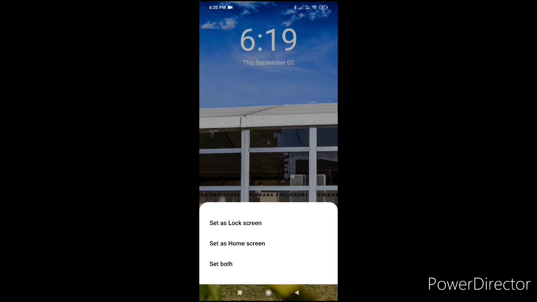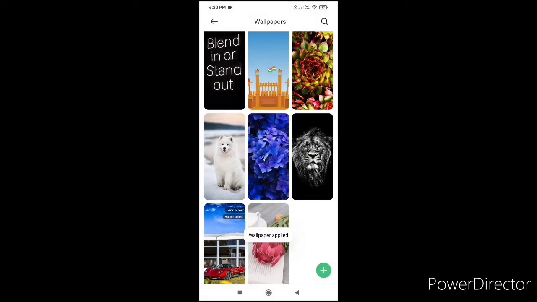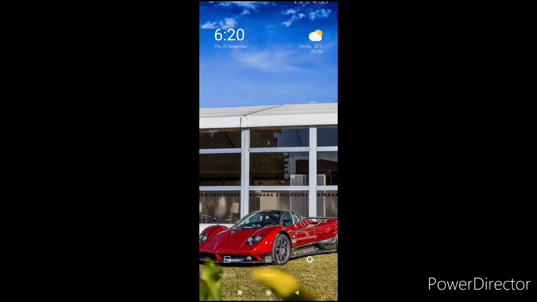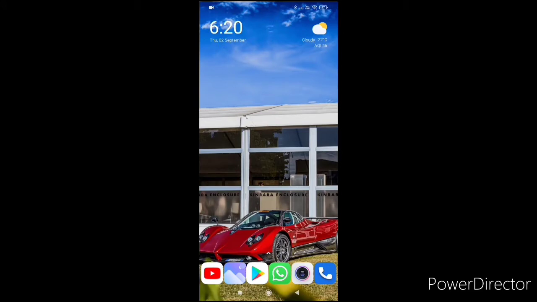So let's move on to the second trick. Now it is loading and it is showing wallpaper applied. So let's go back. You can see here it has happened. So let's see trick number 2. So guys, in trick number 2 we are going to see how to change your, once we scroll down right